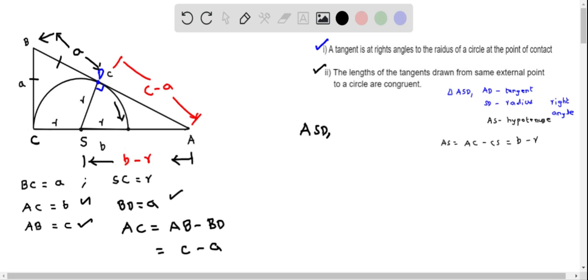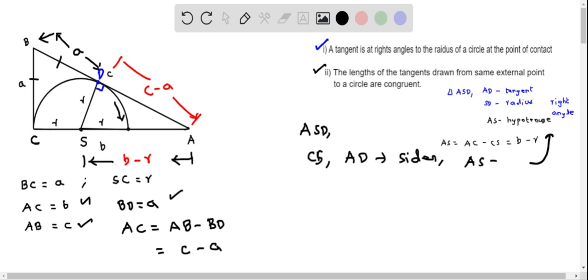So we have the sides CS and AD, and AS is the hypotenuse, which we already determined. Therefore, when we apply the Pythagorean theorem, the sum of the squares of the sides is equal to the square of the hypotenuse, which means